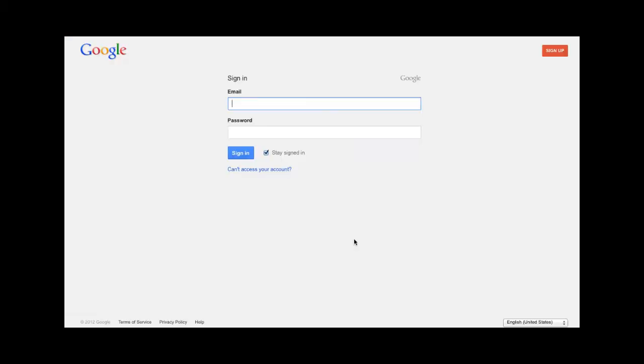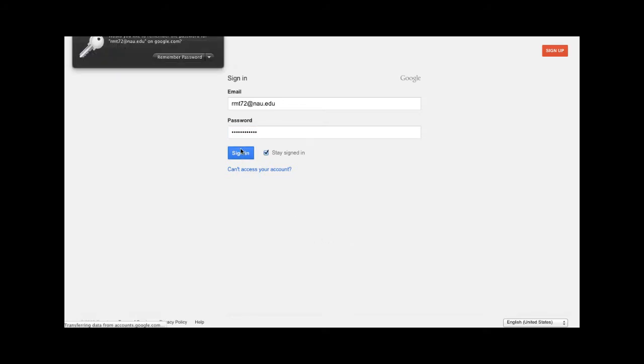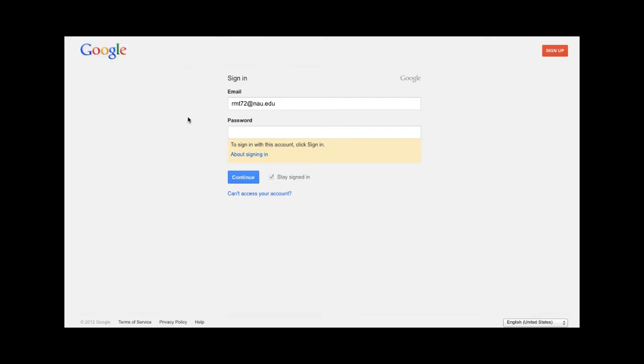And I get to this window where I type in my Google credentials for NAU and click Sign In. By the way, I never allow the computer to remember my password. Not a good idea. You get this where it looks like you failed, but you didn't. Simply click Continue